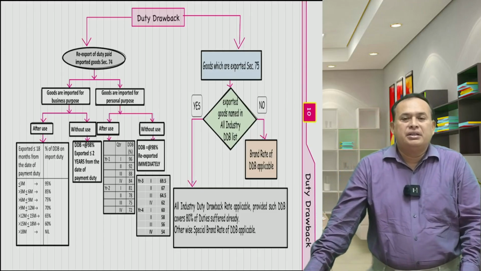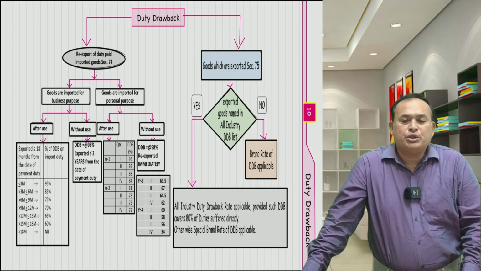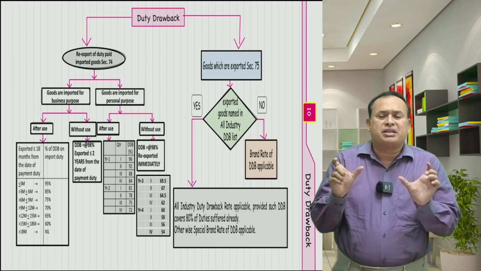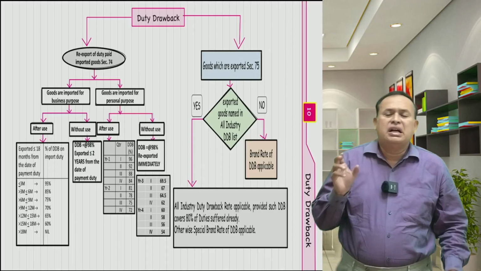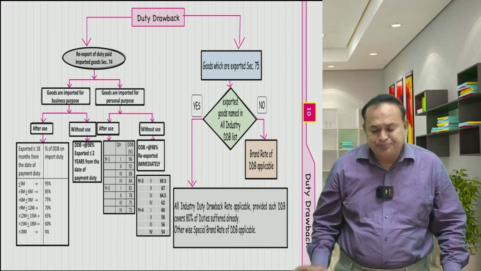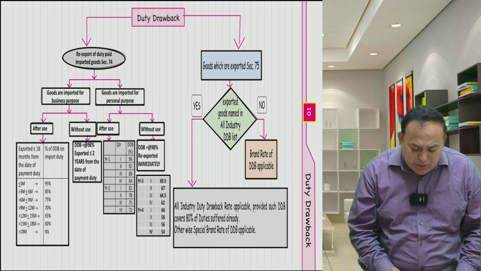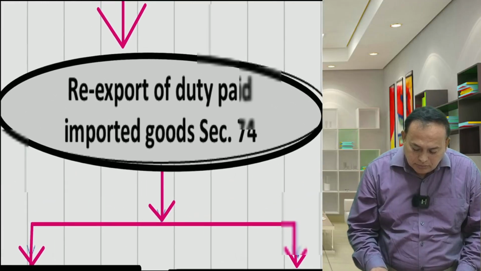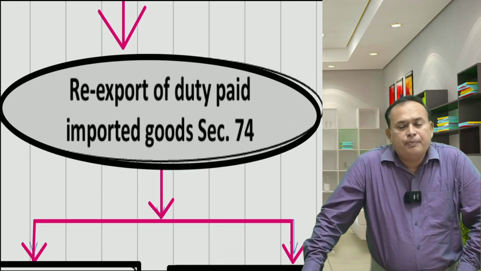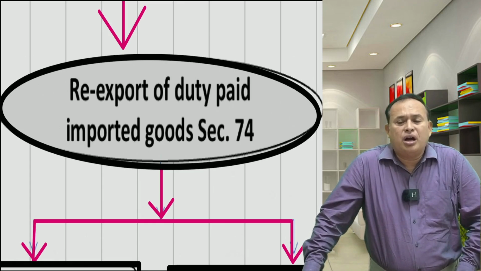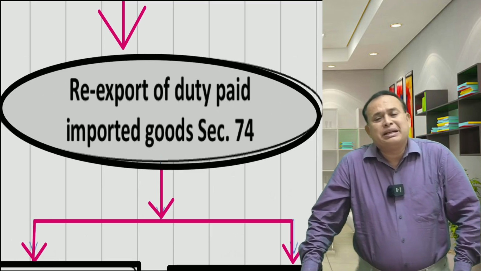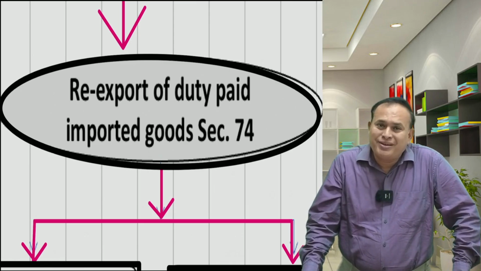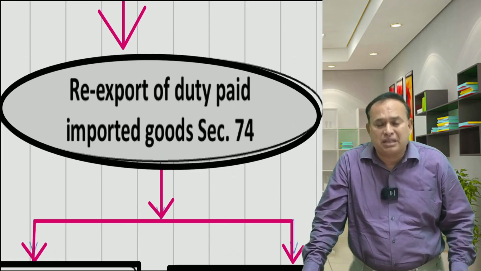Duty drawback. Now I'm referring to you where we have broadly two separate sections, section 74 as well as section 75. Section 75 duty drawback talks about duty paid on imported goods can be claimed as a duty drawback if we re-export the same goods, provided I should not have been claimed